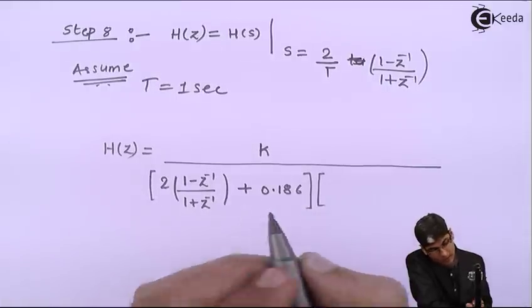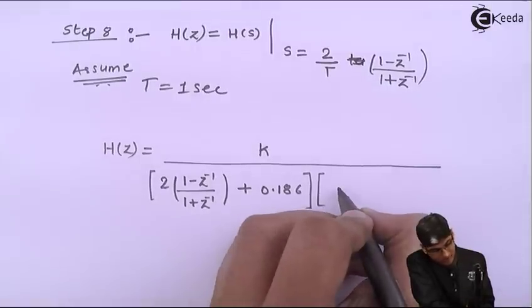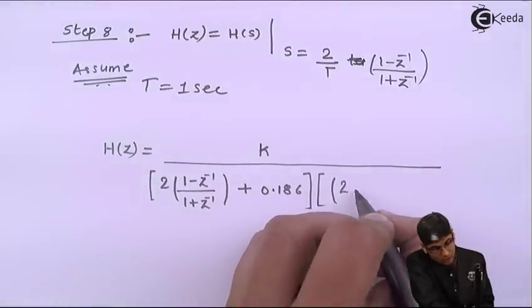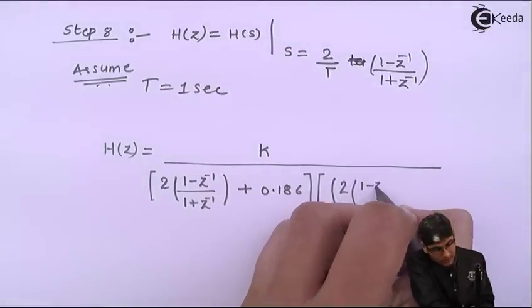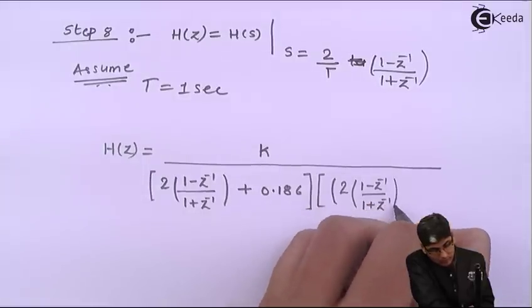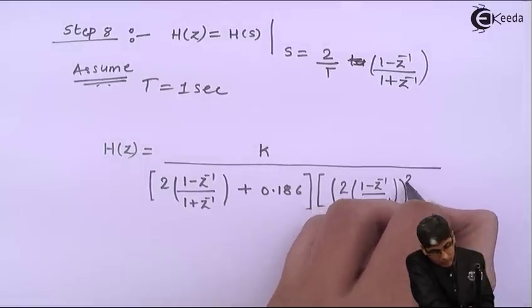Next, s square. So now it's a big deal because you are going to have 2, 1 minus z inverse upon 1 plus z inverse, the whole square,